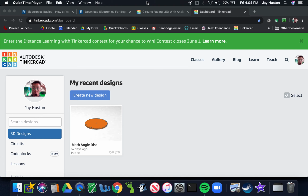Hello everyone. Today we are going to learn about variables and what the little tilde means next to certain parts in the